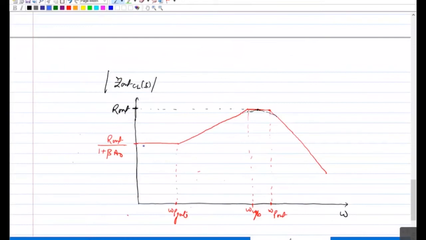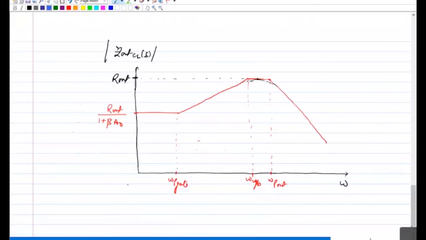Because the DC impedance when you are looking at the output without feedback is R out, that's why you are going towards open loop. So you started with a closed loop. Ultimately, around UGB, it will start behaving like an open loop system, and that's why you go back to your R out. After that you get a second pole at the output that will cause another roll off of minus 20 dB per decade, and that's what you see, the decay in the R out again. So now let's say I swap the pole.